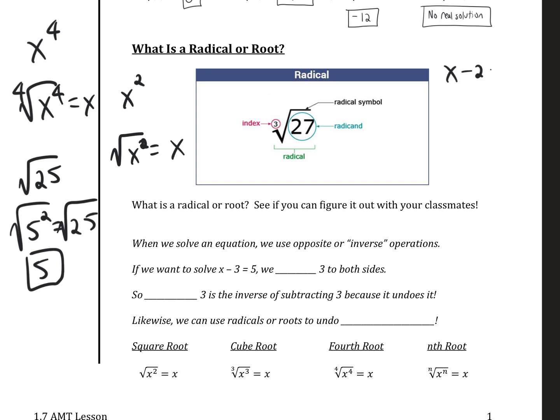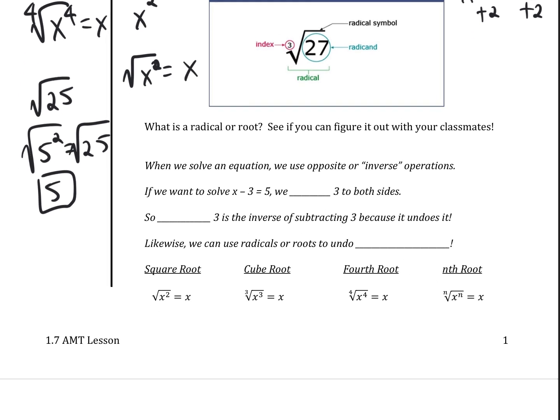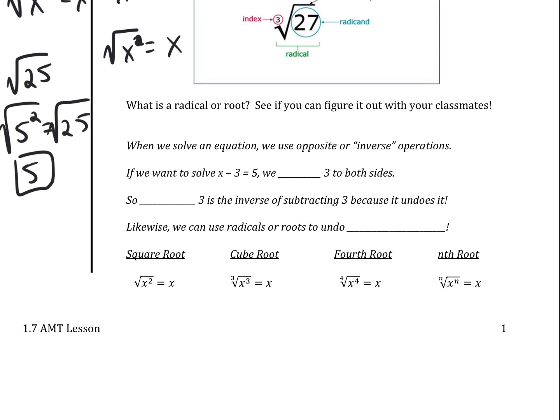So if we have x minus 2 equals 5, the opposite of subtracting 2 is what? Adding 2. Right, so it's kind of the inverse operation. Same thing here, it's just a little bit more complicated, I guess, okay? So like we talked about down here, we use opposite or inverse operations. We want to solve x minus 3 equals 5. We're going to add 3 to both sides. So adding 3